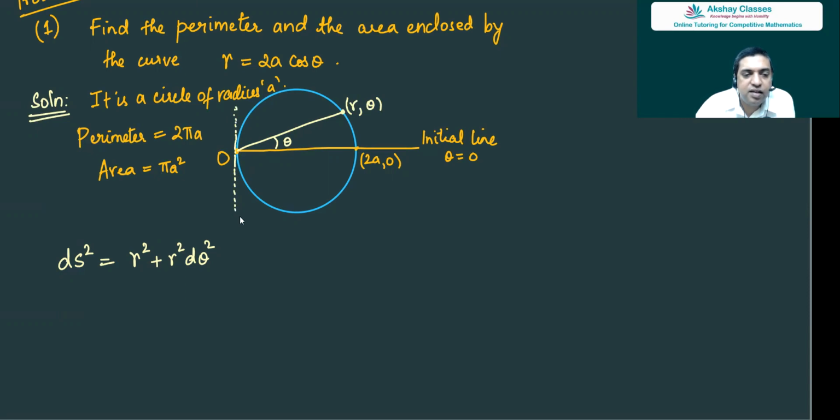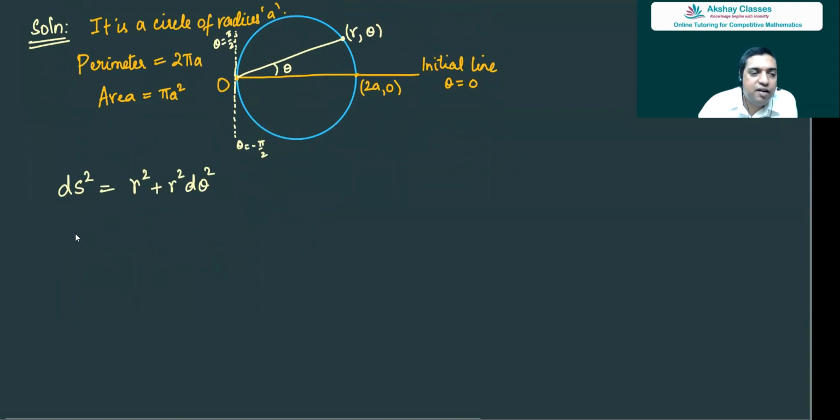This line is theta equal to minus pi by 2. This vertical line is theta equal to pi by 2. It's polar coordinate. It is not Cartesian coordinate. Okay. So if I have to find the perimeter, I have to integrate from theta equal to minus pi by 2 to theta equal to pi by 2. So perimeter